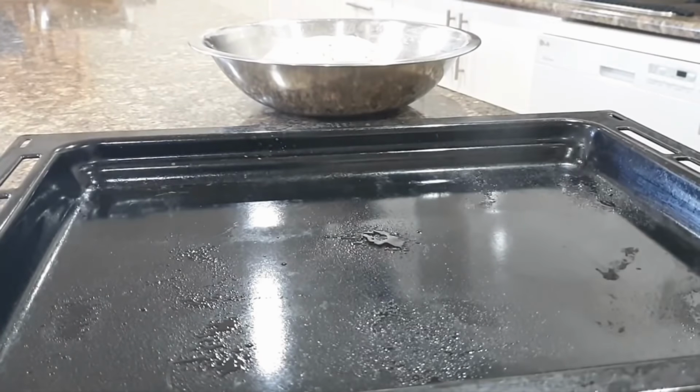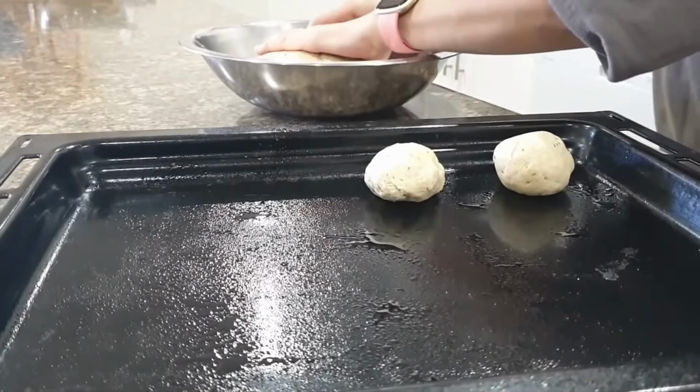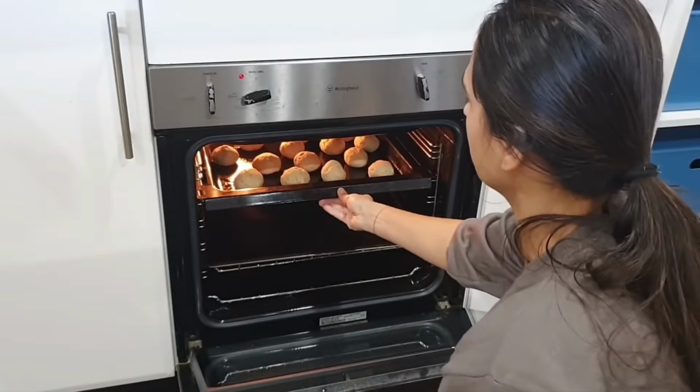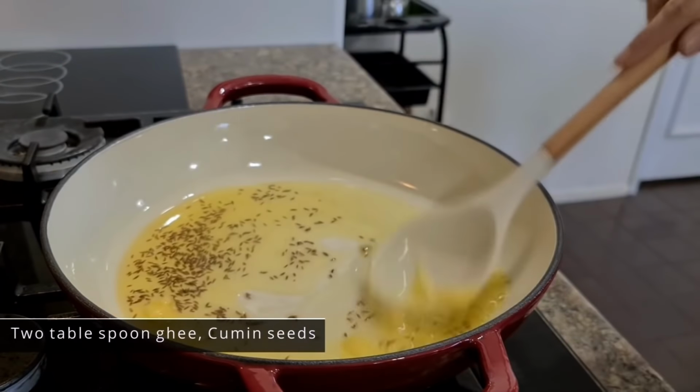Once the dough is ready, let this rest for at least 1 hour before making small balls to bake. I will grease the baking tray and line the bati balls and bake them at 170 degrees for 15 to 20 minutes. While the bati is baking, I will make the dal, for which I have heated 2 tablespoons of